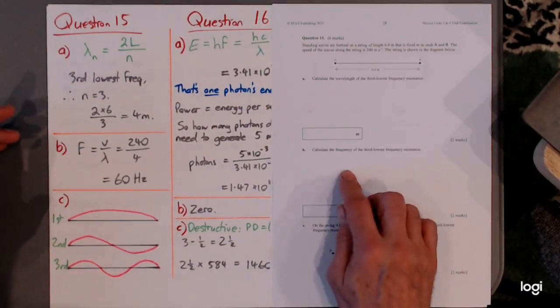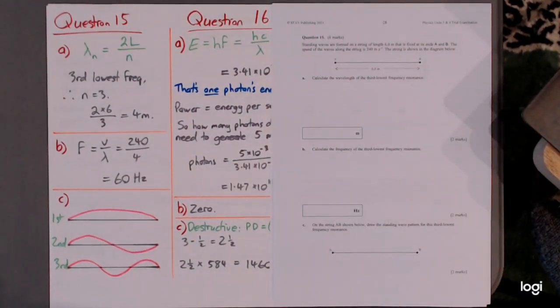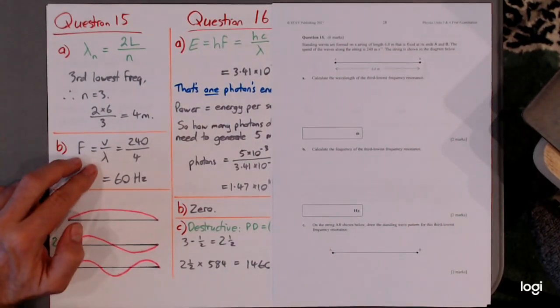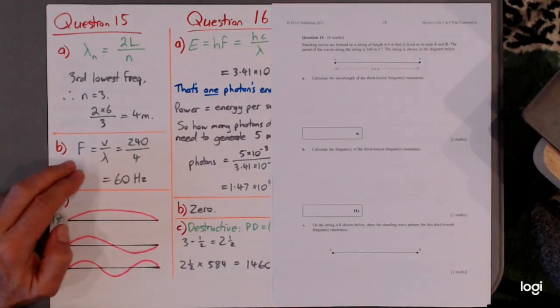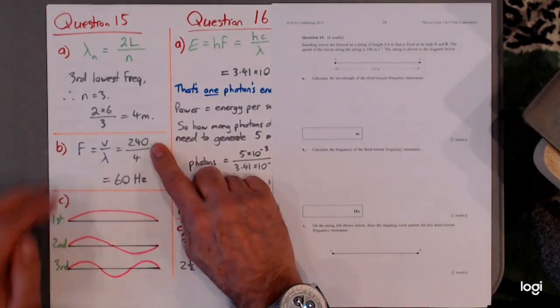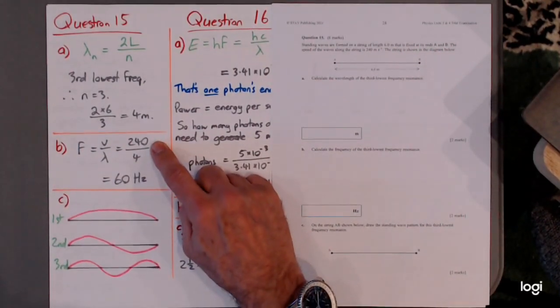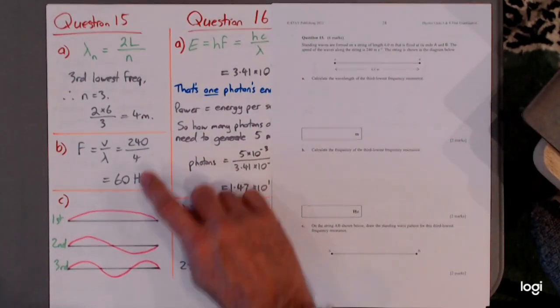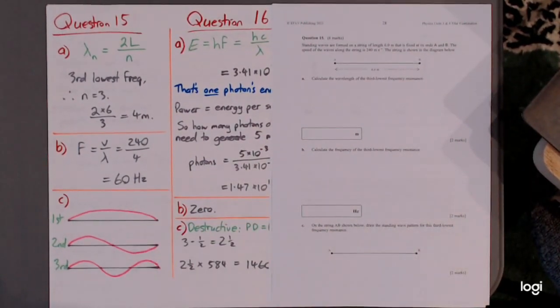Now, part B, it says calculate the frequency of the third lowest frequency resonance. Well, this is from v equals f lambda. I've just juggled it around. We've got the velocity, they told us they were traveling along the string at 240. We've now got the wavelength, so 60 hertz. So that's pretty easy. Now, part C